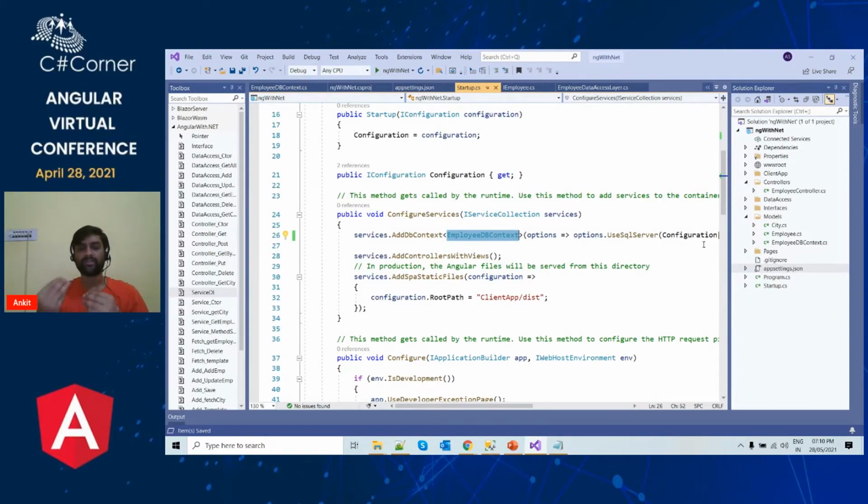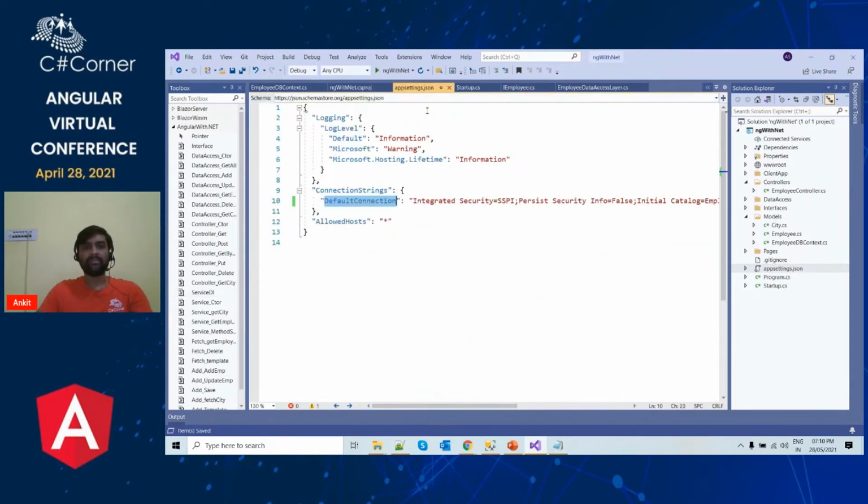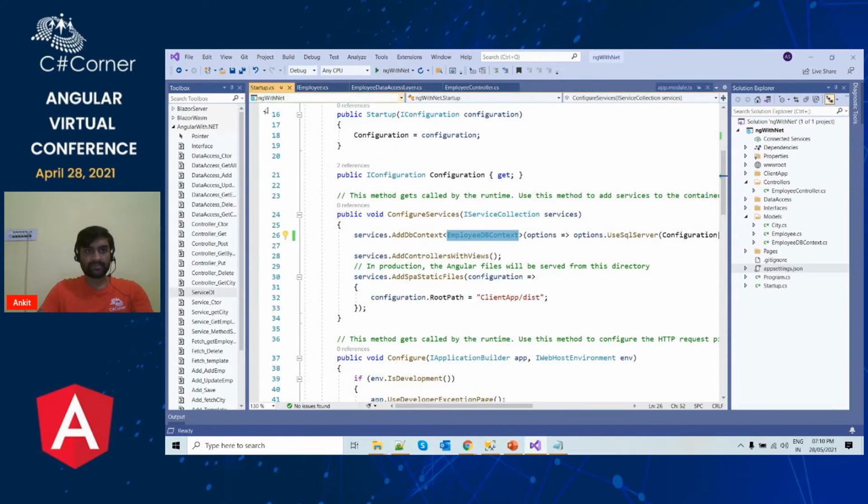The advantage of this approach is that we can dynamically change the connection string inside our appsettings.json file without the need to redeploy the application. It is also helpful for a clean code structure, since the connection string is not tightly coupled with our DB context file. So that is all about the DB context, appsettings.json, and this file.